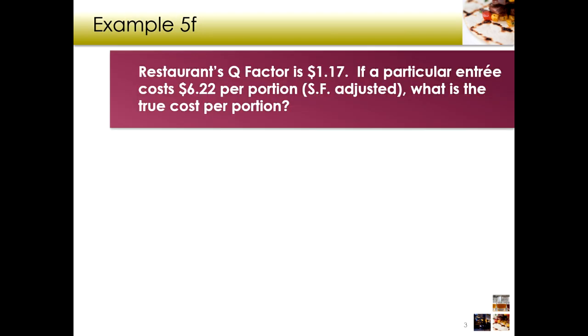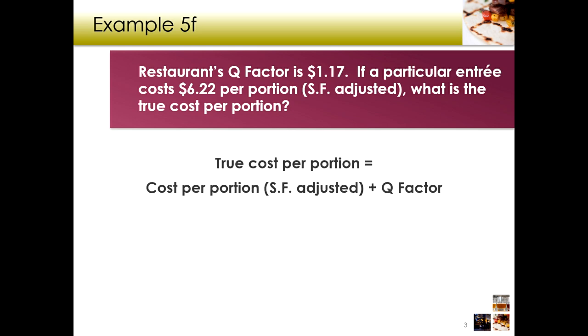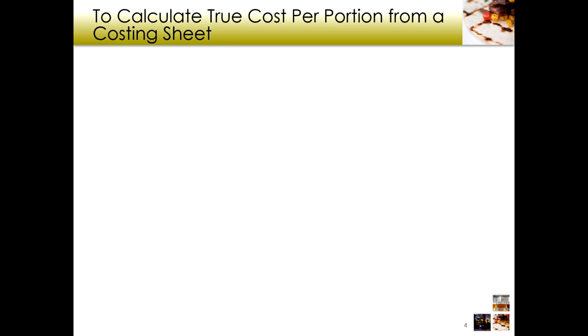So here's an example. If the restaurant's Q factor is $1.17 and a particular entree costs $6.22, what's our adjusted or our true cost proportion? Well, we're going to take our $1.17 of our Q factor and add that to our cost proportion of $6.22, which is going to give us a total of $7.39. So that's the price that we would use to determine our selling price using some methods that we're going to